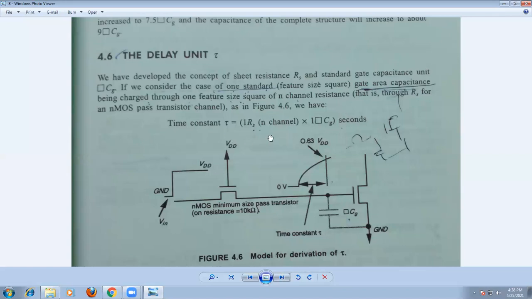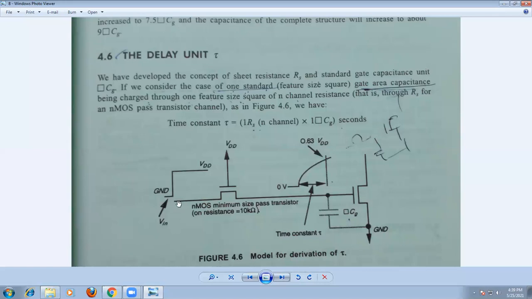Now let us consider the transistor circuit as shown in the figure. Let us take this as the pass transistor, and it drives the other transistor here, which is an inverter based circuit. So when the signal is applied here, the signal passes through this pass transistor and reaches the gate of the transistor, the gate of the circuit.